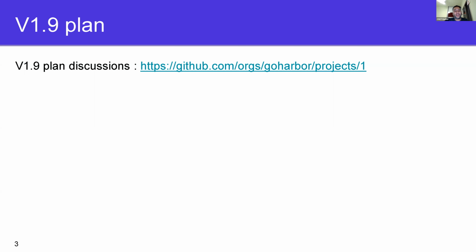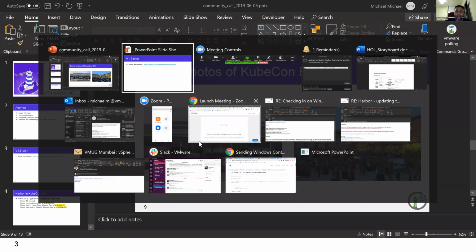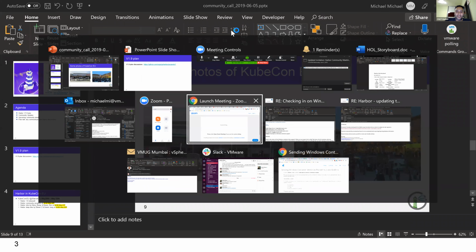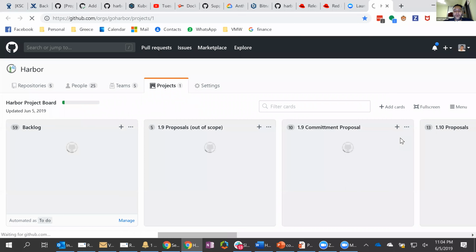So starting a little bit with the 1.9 plan. If you go to this link, and these slides are available on our community section as well, you will see, okay, it wants to verify things, but I can open it here. You will find the project board for Harbor.